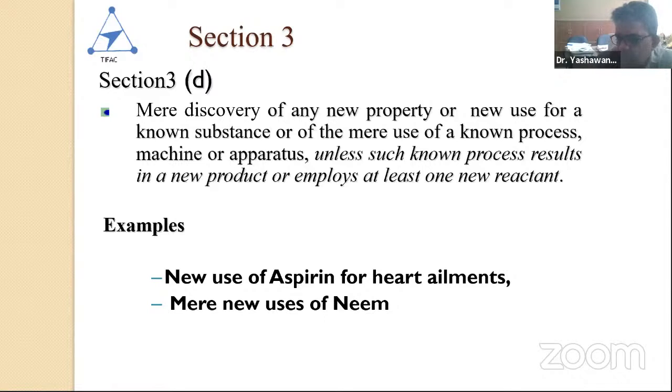Okay, so when we have paracetamol, which treats fever, we'll say whether it treats corona fever or